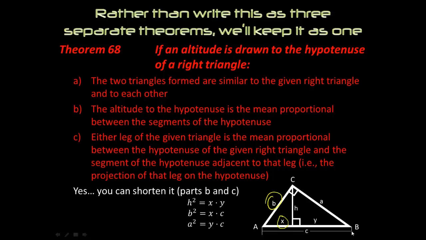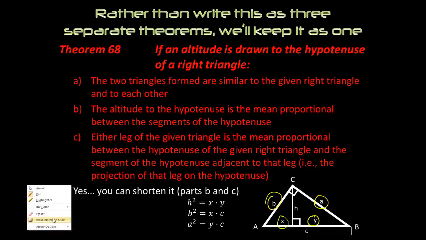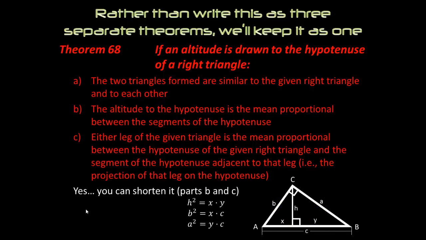and this entire side, or this one would be the mean proportional between this and, again, this entire side. So hopefully that helps a little bit, clears it up. And for part A, you'd have to write out the whole thing. For part B and C, for B, you could say Theorem 68 and then just do that. For C, you could say Theorem 68,